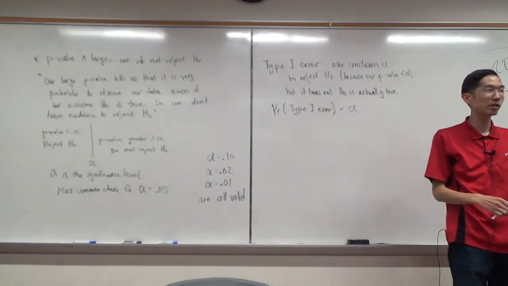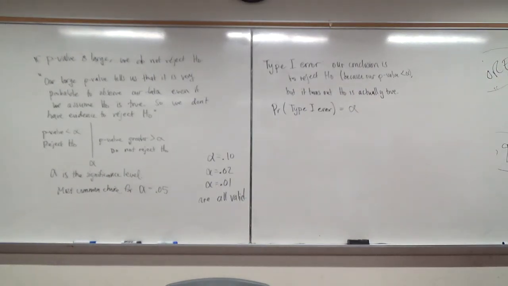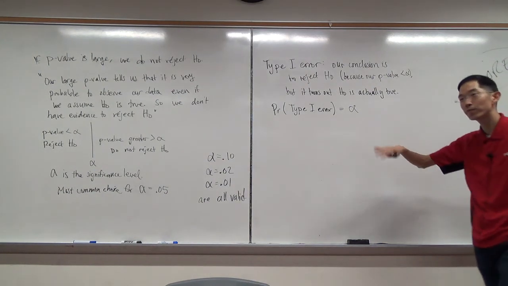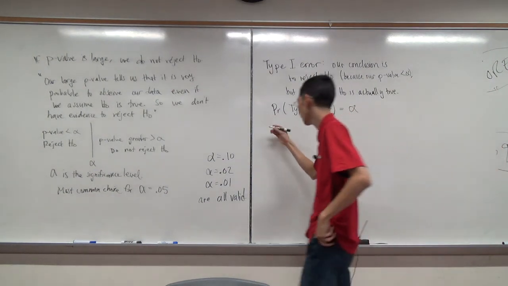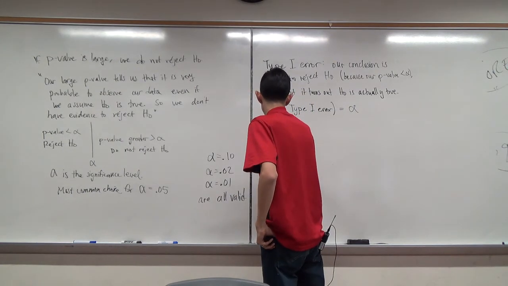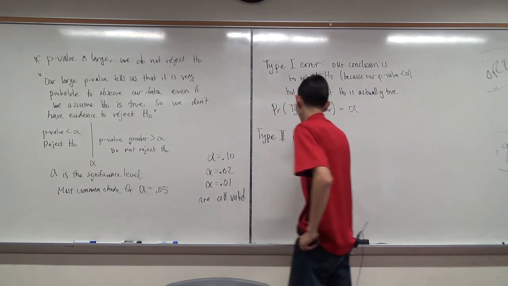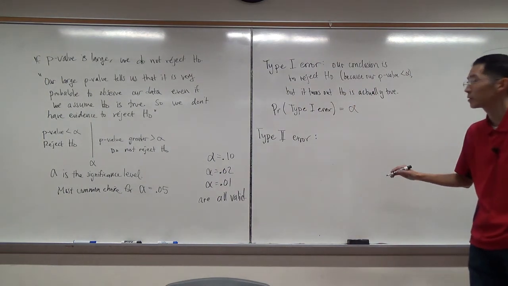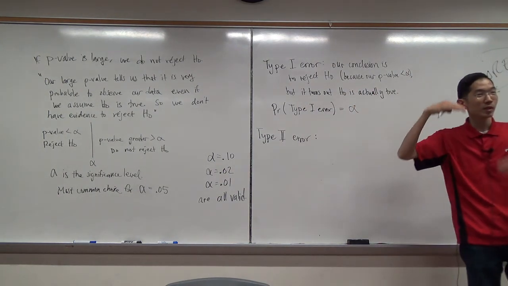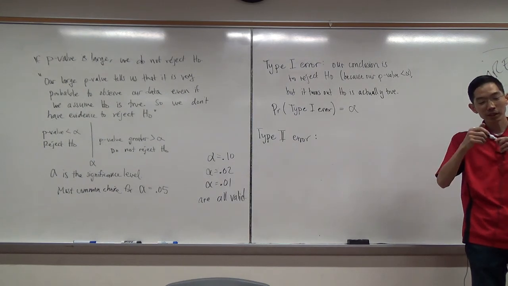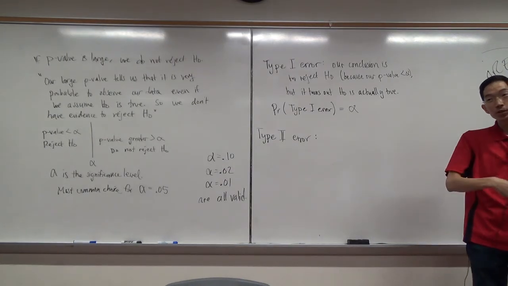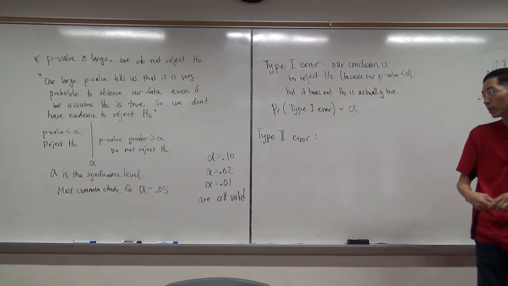So then you say, well, why don't we just choose a tiny alpha so we don't make a type 1 error? Well, then you have the flip side. The other error, we got really creative with the naming, is called the type 2 error. The idea is if the null hypothesis is true, you don't want to reject it. But if it's false, you do want to reject it. Okay? So if you're